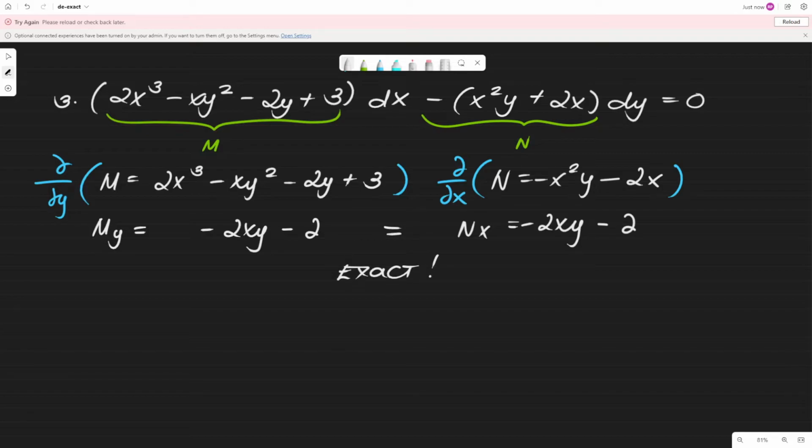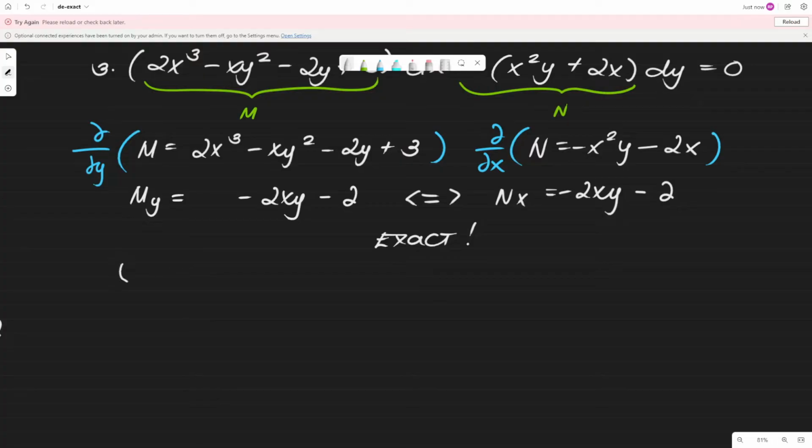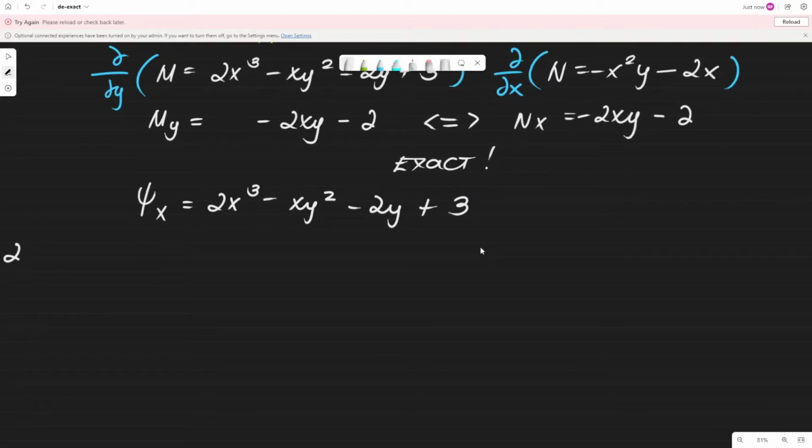No? So, equal silang dalawa. Okay? Lagyan natin. Ayan. So, we can proceed. So, we have psi x is equal to 2x cubed minus xy squared minus 2y plus 3. Then let us get the antiderivative in respect to x kasi naka-partial x tayo, no? So, ayan, dx. So, we'll have psi is equal to the antiderivative of 2x cubed is simply 1/2 x to